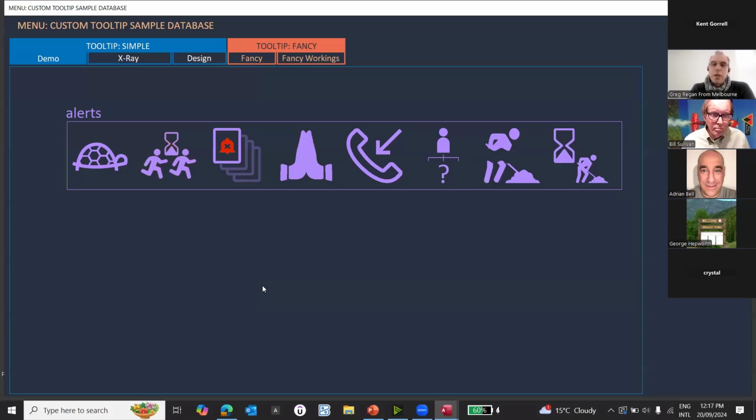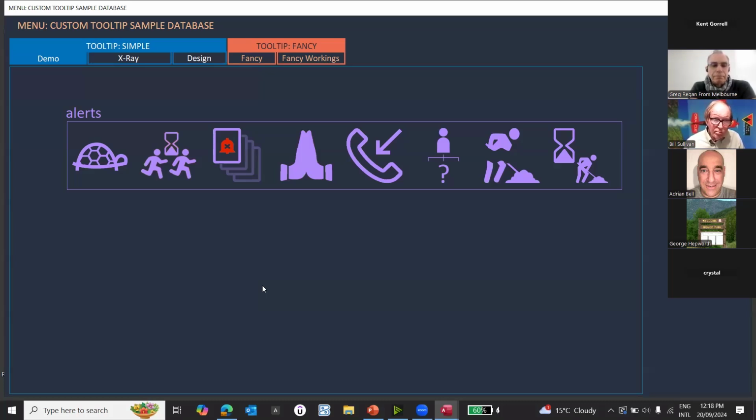Correct. The only thing is hiding the control tip text when you tab out of a control. You can use the lost focus of a command button to hide the control tip text, and you don't need the rectangle behind it. So yeah, there's a bit of tweaking to do if you're using command buttons rather than image controls, but